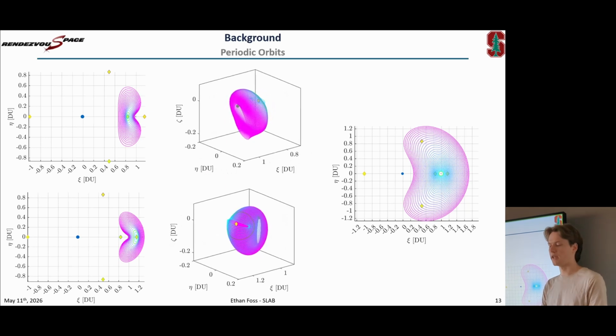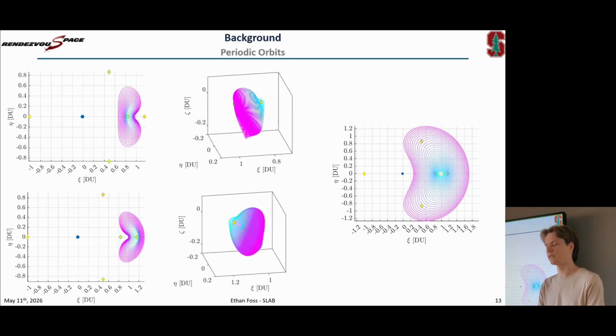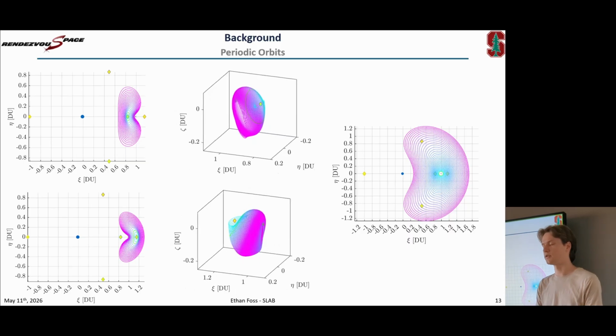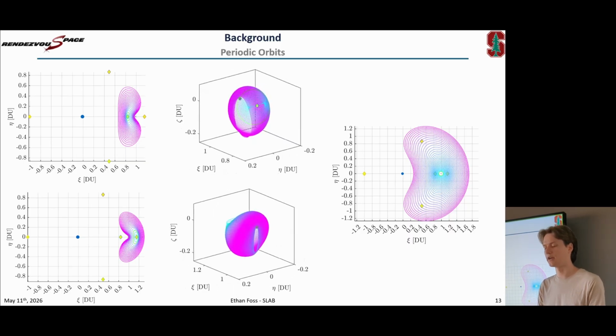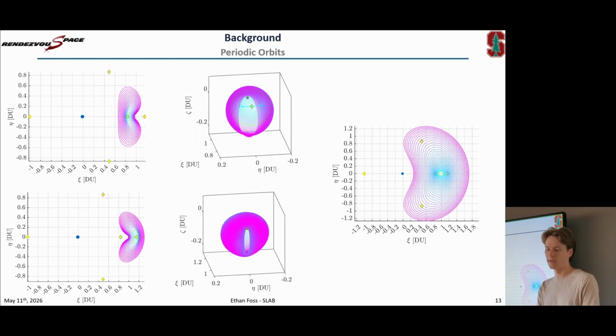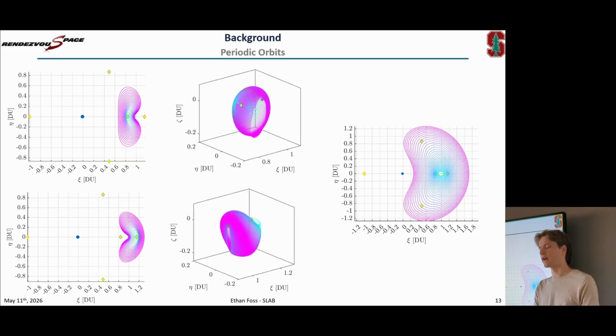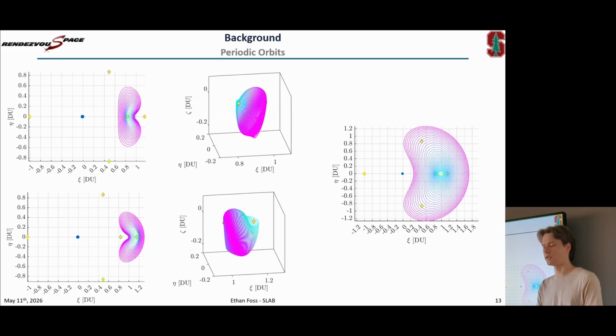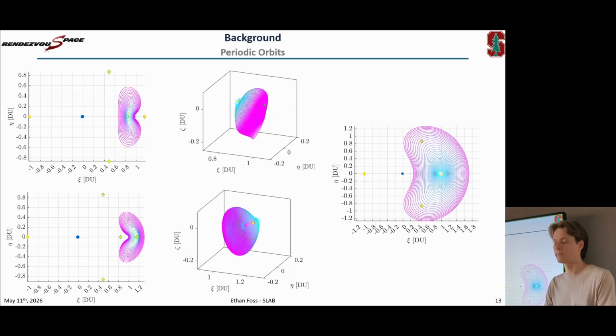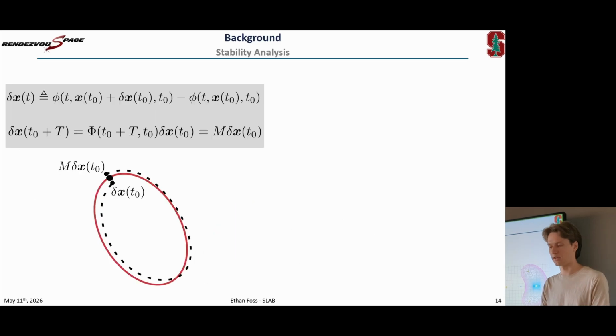In the middle, we have halo orbits. These are of significant utility to those stationing orbits that we were talking about earlier, such as the one that Gateway would inhabit. And then on the right, we have distant retrograde orbits. In fact, one of the Artemis trajectories followed a distant retrograde orbit. So these are all very useful for looking into.